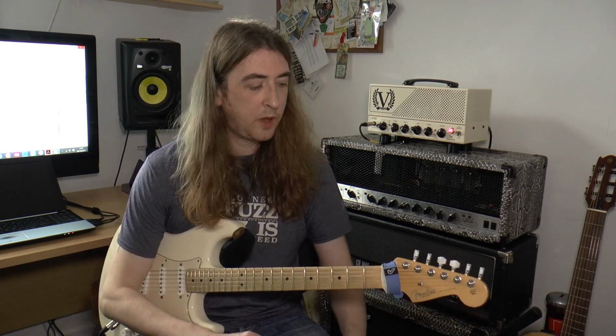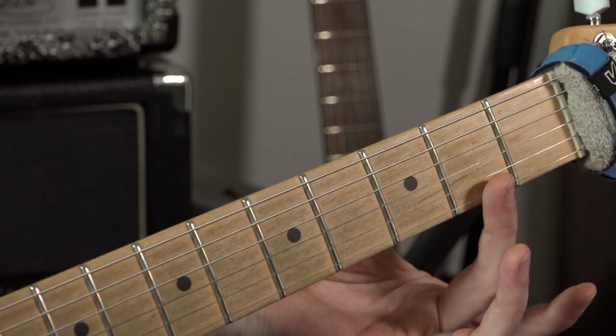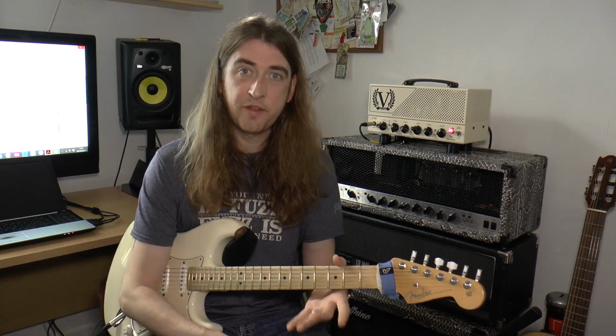Okay, so we're going to play position wise. Your first finger deals with any notes in the first fret, so only keep your first finger in the first fret. Second finger deals with all the notes in the second fret, and your third finger deals with all the notes in the third fret. Okay, common thing you see all the time,